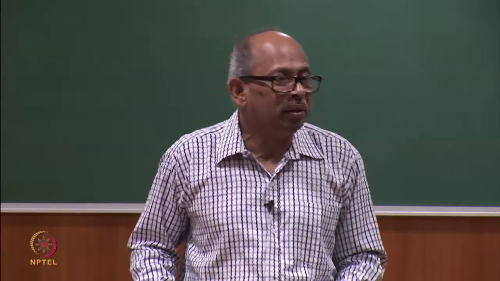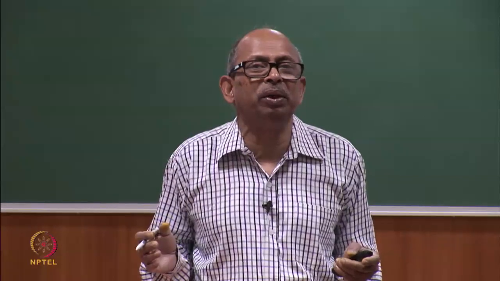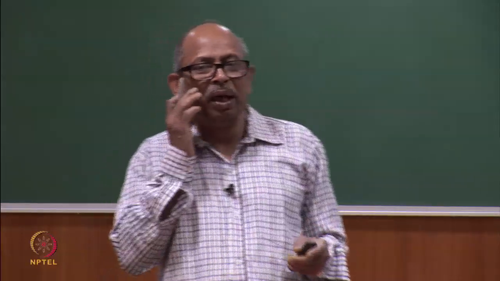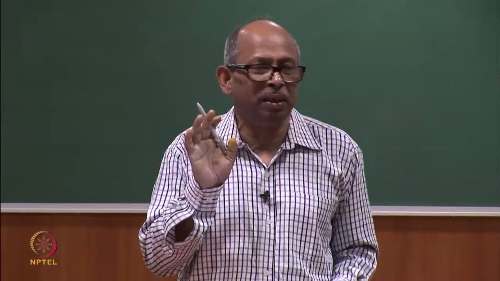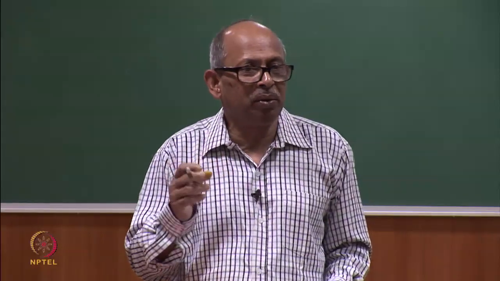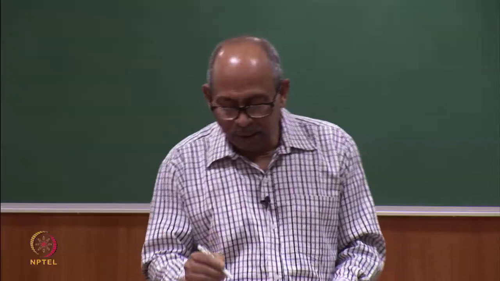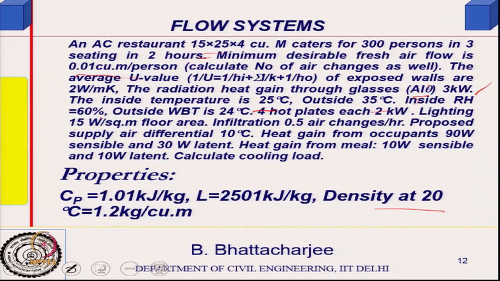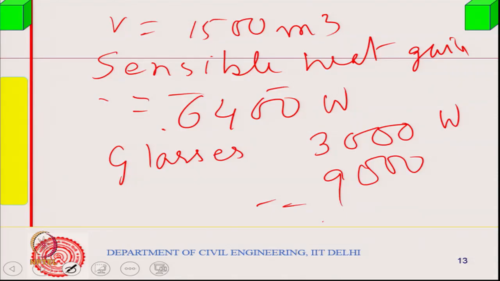Let us say the restaurant is open with a peak period of 2 hours, and other times it will be less. So, I am designing for the 2 hour period, where 100 people will be sitting in one sitting, 300 people in 2 hours in 3 sittings. So, 9000, right, that is sensible heat. What else is sensible heat? From each meal, I will have 100 meals. Let me assume the extreme: each meal will have 10 watt sensible and 10 watt latent. Let me take only the sensible heat, so from meals I will have 1000.